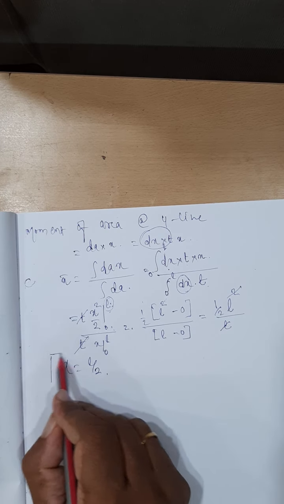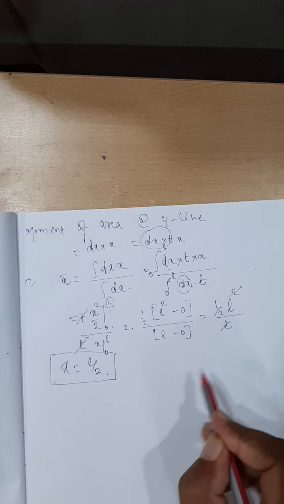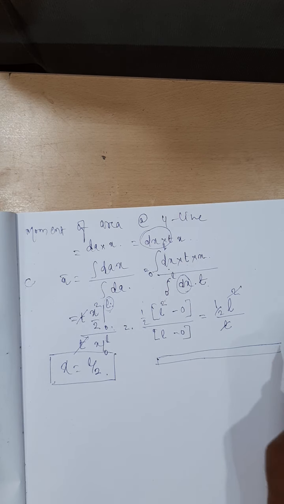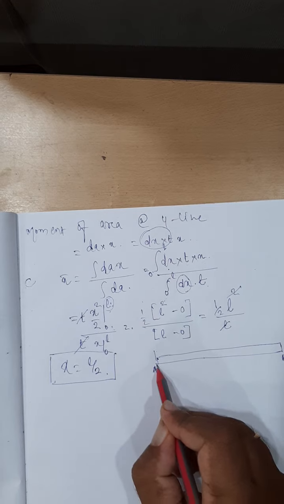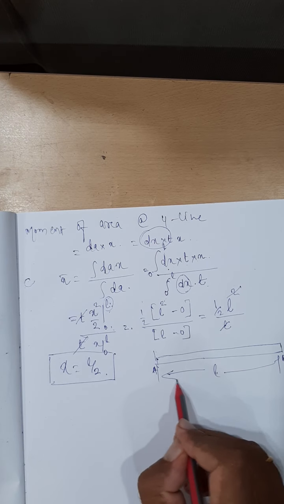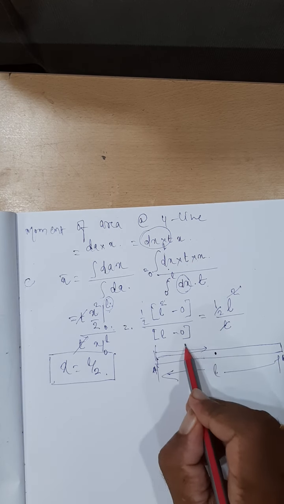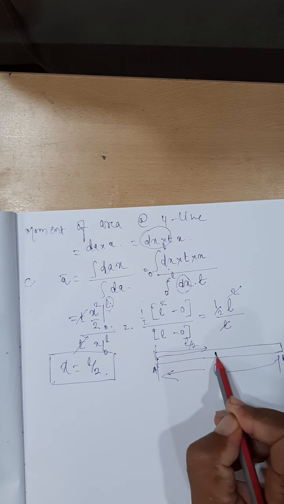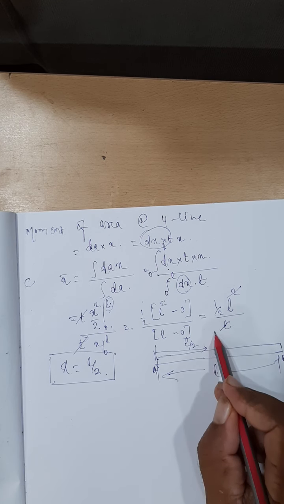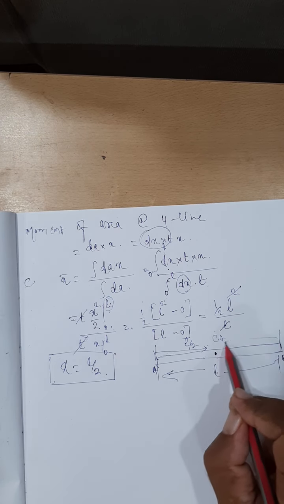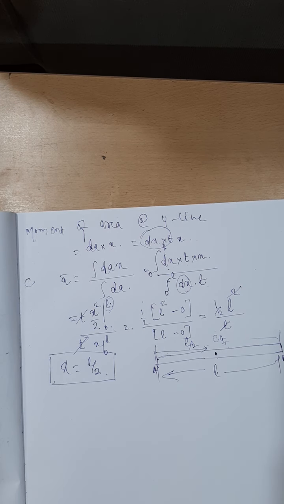This is what we got. Means what we want to say is, if a line element is there, one dimensional element, it is having only one dimension, other two dimensions are negligible. Say AB, if its length is L, then its center of gravity will be located at a distance of L by 2 from one of the ends. This is the center of gravity or the centroid. We are indicating it as the CG. From this end also it is located at a distance equal to L by 2. Is it alright?